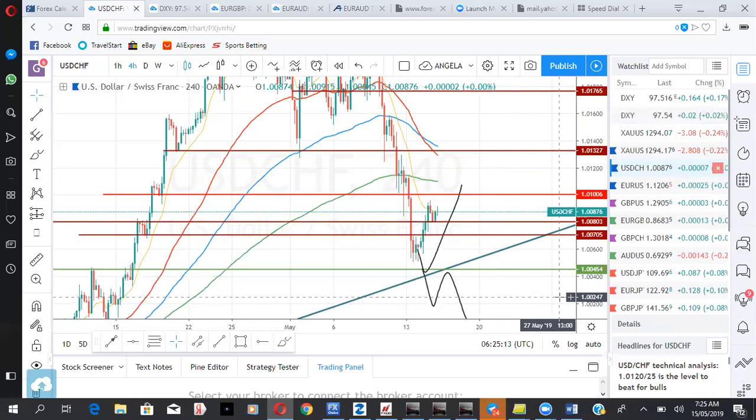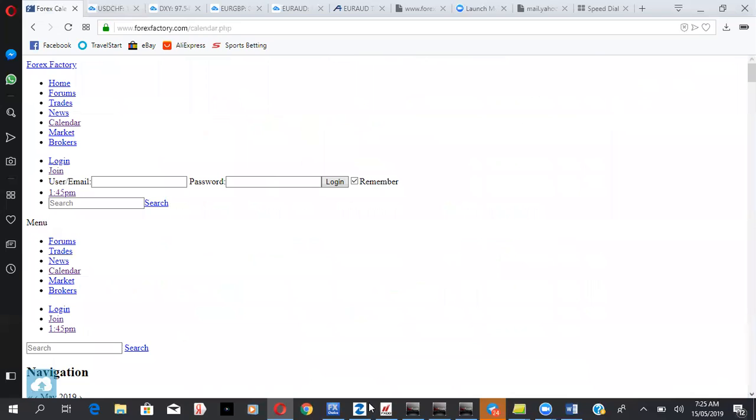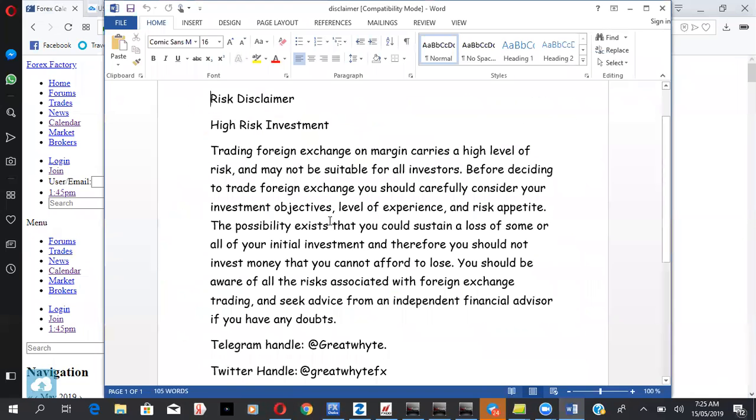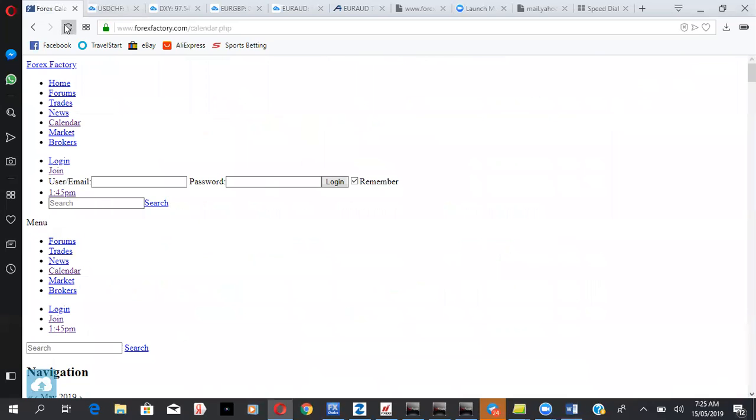Welcome to Daily Plan Your Trade, Trade Your Plan Daily Forex Review with Great White for the 15th of May 2019. So, without taking much of our time, I believe you've all been advised to go through this so that you have an idea of what you're getting into. And outside that,